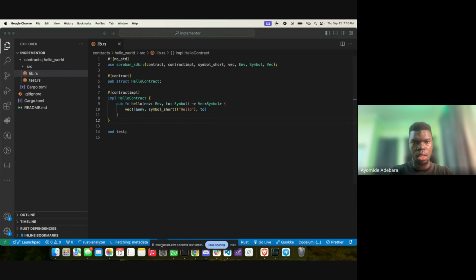And for this data storage, we use symbol. And for that, we will say symbol_short macro, and then we add counter inside it. So this is going to be our data key. This counter is going to be our data key to our